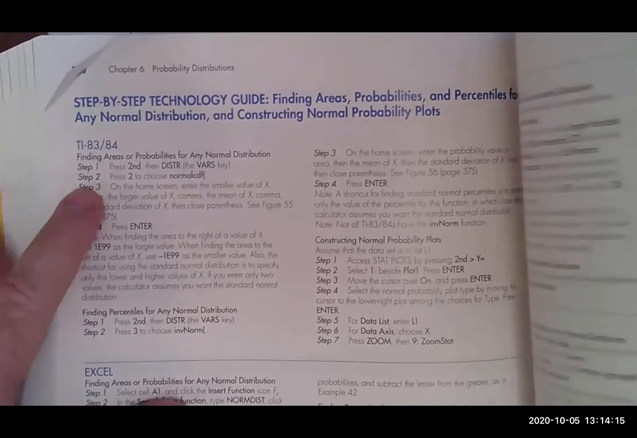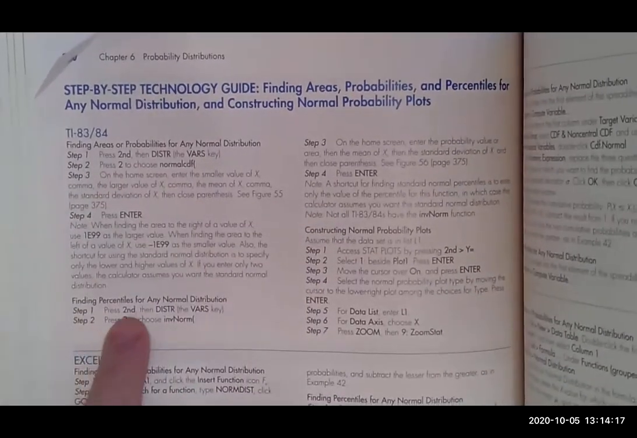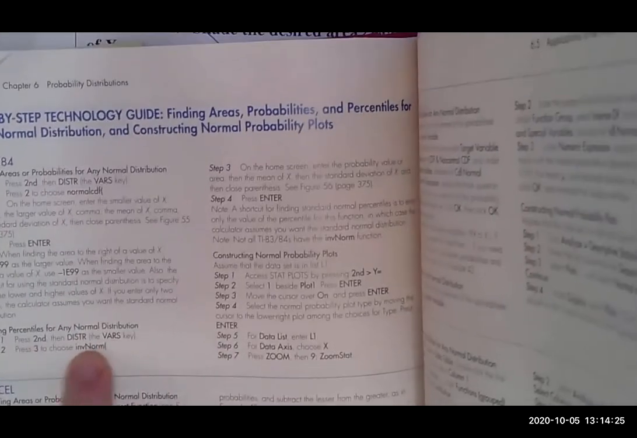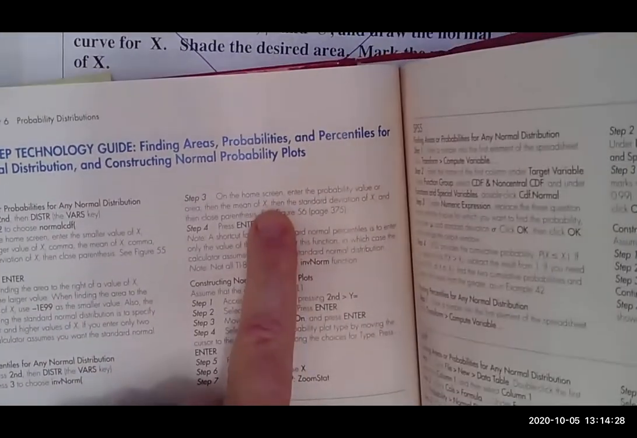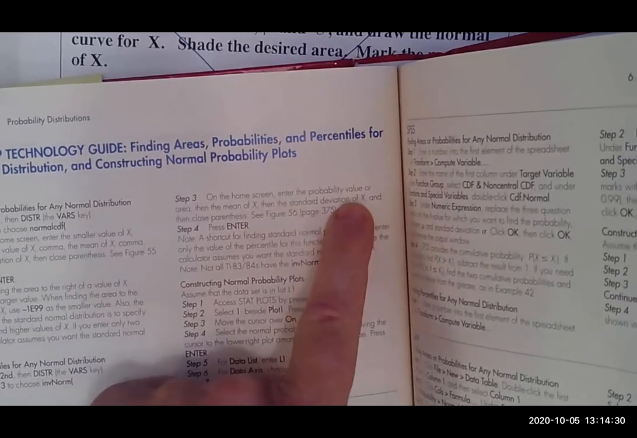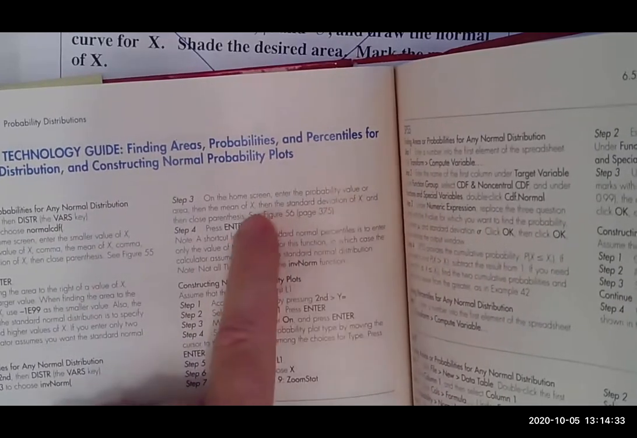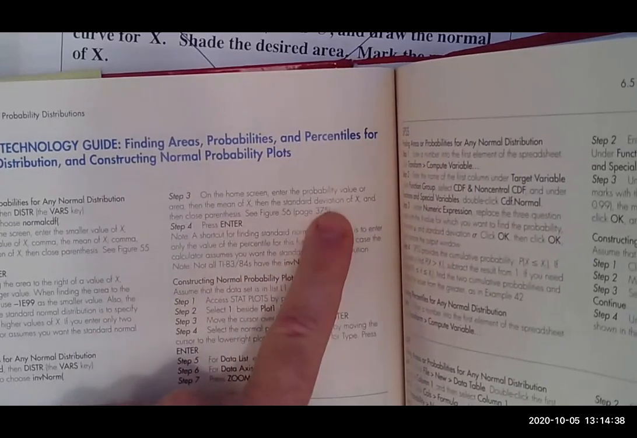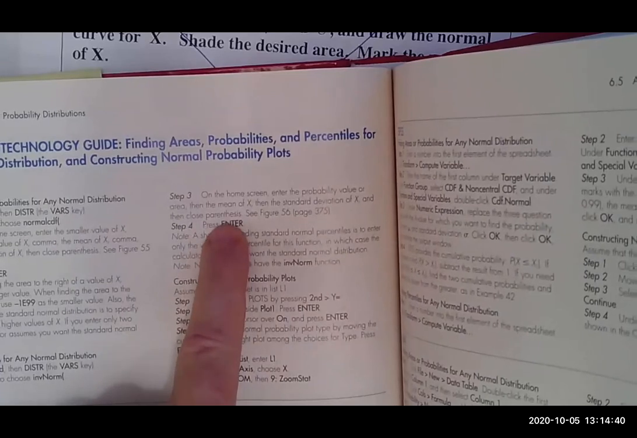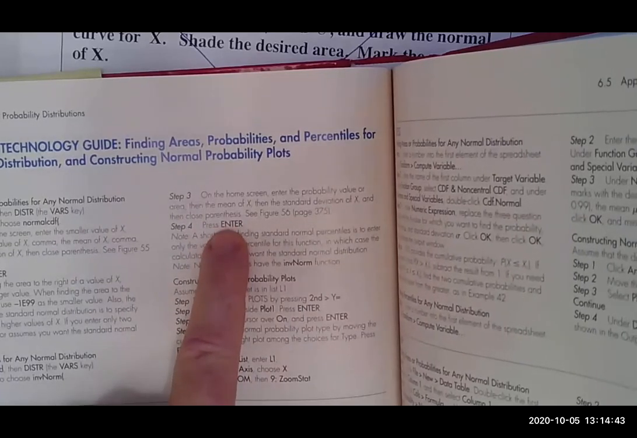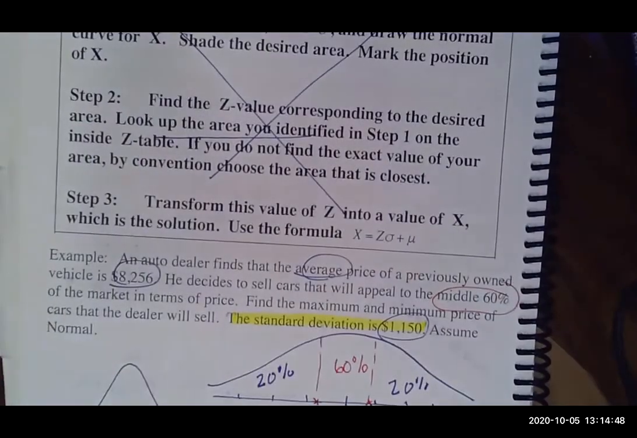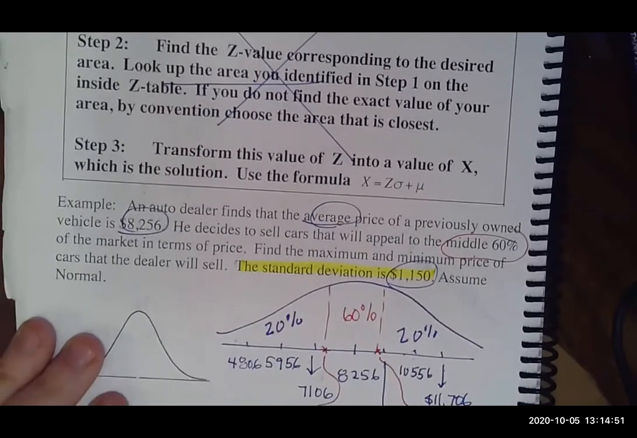If you're wanting to find the areas of probability, okay, let's see, what are we finding, percentiles. There it is right here. Inverse norm, that's what you're choosing. Enter the probability value, comma, enter the mean, comma, enter the standard deviation, close your parentheses and hit enter. That was page 380. So to find this one,